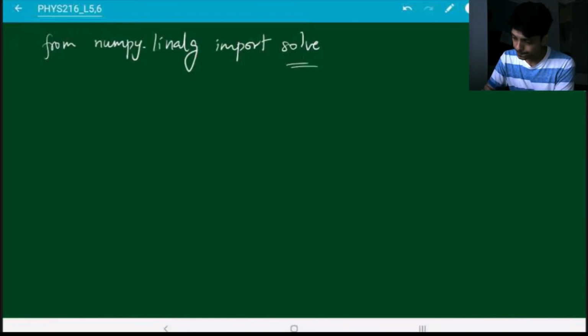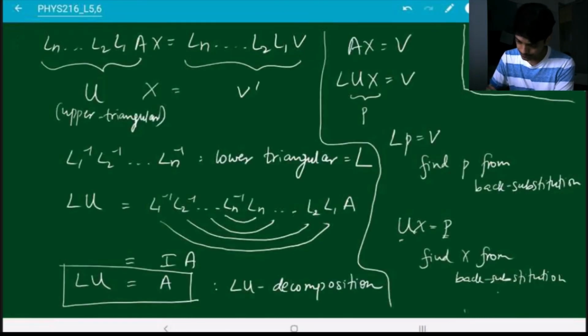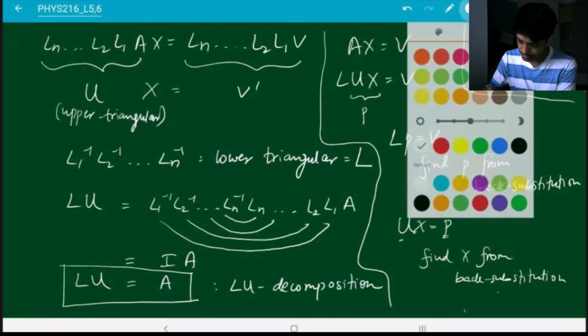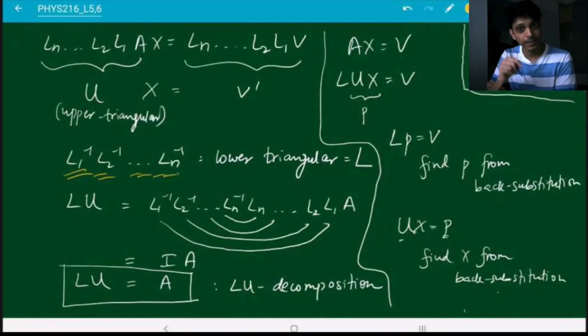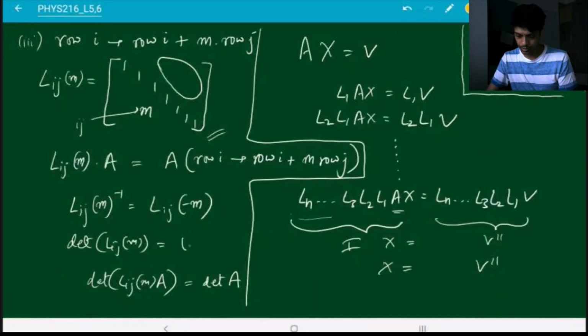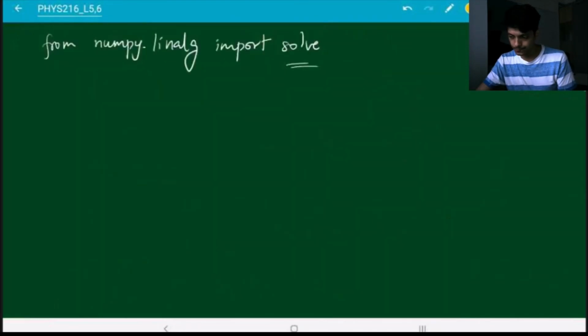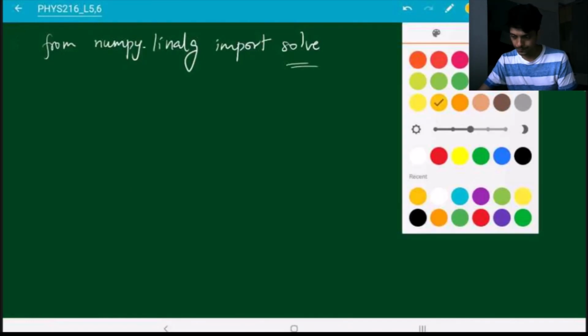So by the way, over here in constructing L, we made use of the inverses of all of these matrices. So this is why we were concerned earlier as to if you have these elementary matrices, L1, L2 and so on, how do you invert them? You don't have to sit and actually invert them by hand. It's very straightforward. If you know what this matrix looks like, then you know what its inverse also looks like. So hence that inversion was important.